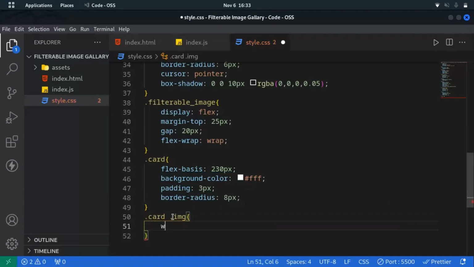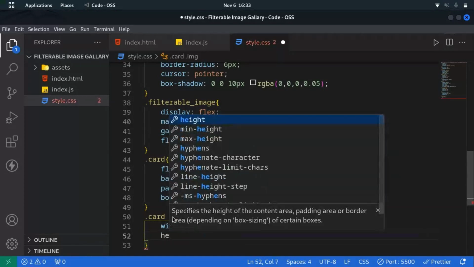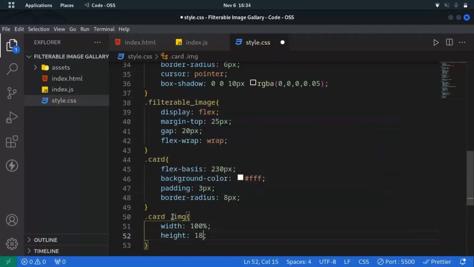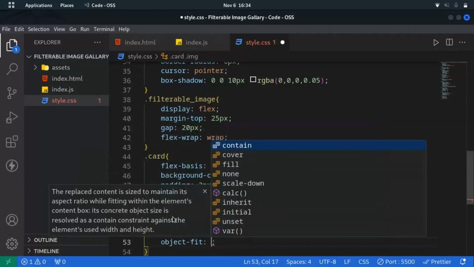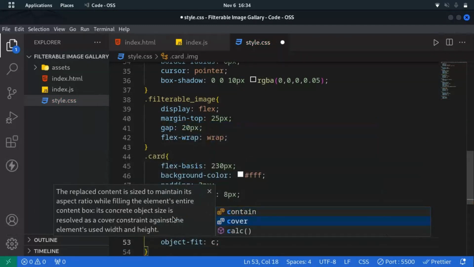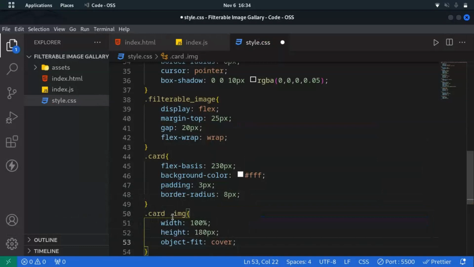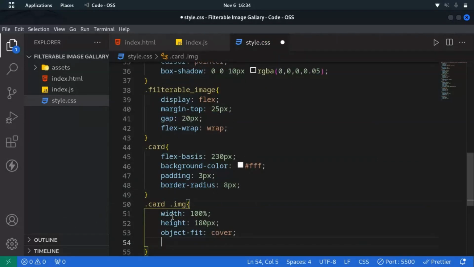I want to give it a width, and then the width is going to be 100%, and I want to give it a height. So I'm going to give it a height of 180 pixels. So this is the height I want to give it, and then object-fit. Object-fit is going to be cover. After giving it the object-fit of cover, I just wanted to give some border radius now